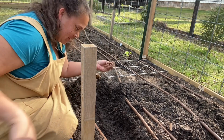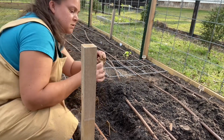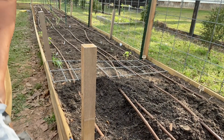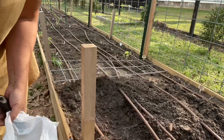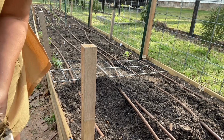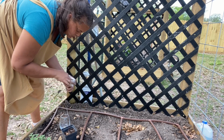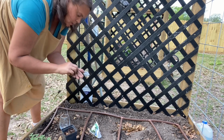Well, that means 1 in this hole. This is about a 12-inch hole. And this one has a little asparagus. Look at that little baby right there. Where's the other one? This one is Mary Washington. It's a green one, and I have 4 of those. So I'm gonna have to dig a little bit bigger. Have two